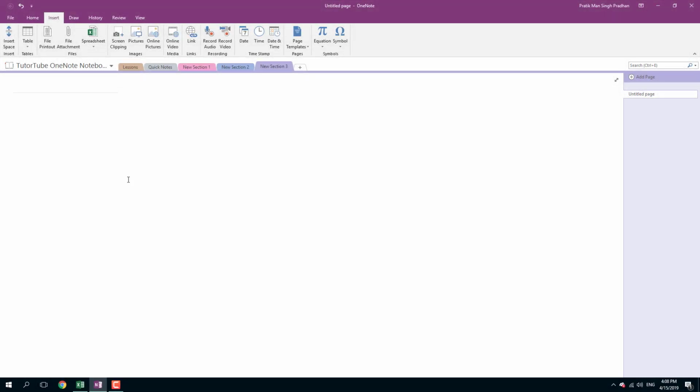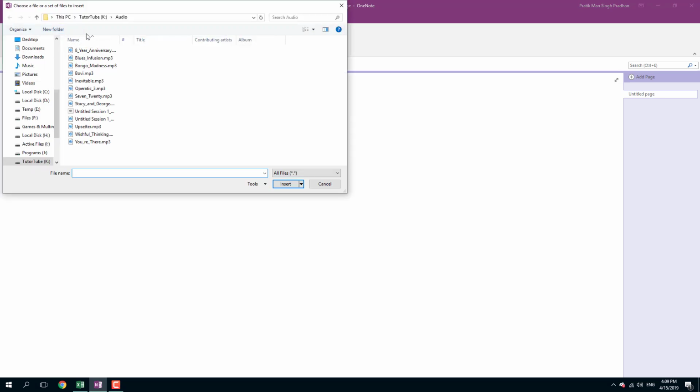In Microsoft OneNote, you can easily insert audio. In order to insert the audio, simply go on to the Insert menu right here and go to File Attachment. And once you do that, the Explorer window pops up and you can select any audio clip you like and